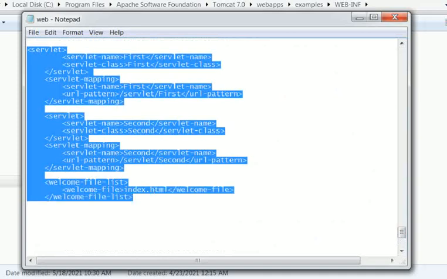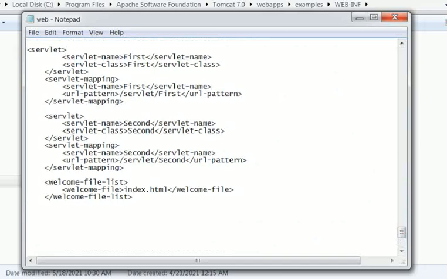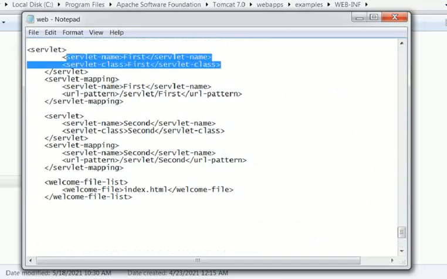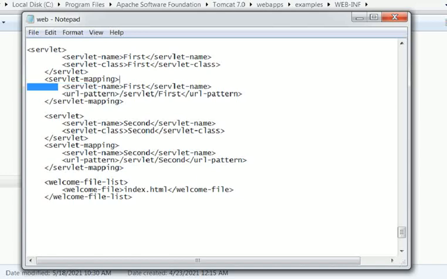This is very important. This is the web application. The servlet name first, and the class file first is given, and mapping here first, and the URL path also. Likewise, we are going to do it for second also. And then the welcome file list, index.xml is also included.